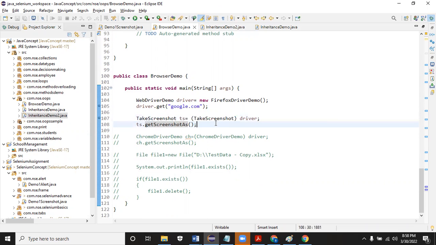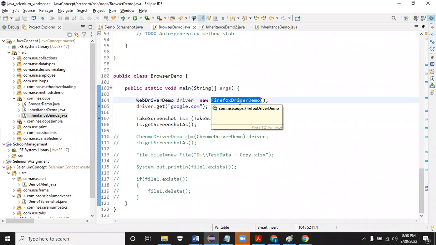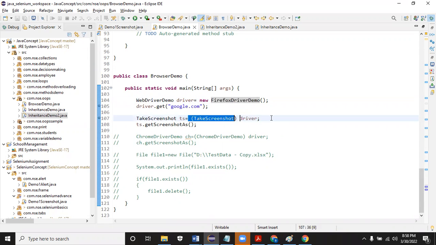And just one thing you need to notice is whether new FirefoxDriver or new ChromeDriver can be stored in TakesScreenshot or not. What is the relationship between TakesScreenshot and FirefoxDriver? Just check it. If it is having a proper parent-child relationship, casting will work. Otherwise, it will not work.